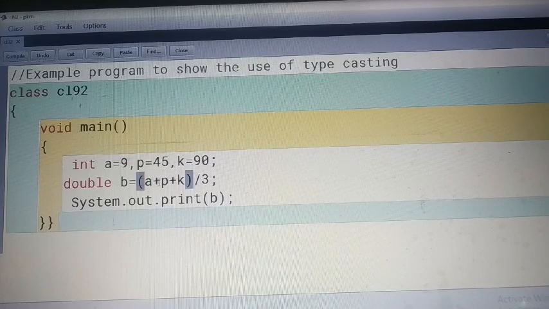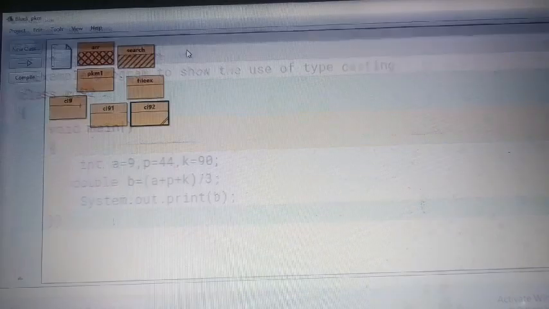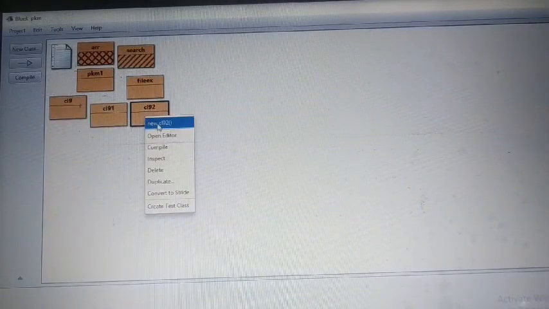This is integer, this is integer, this is integer, and this is also integer. So whatever result will come, that will be in integer form. So let's see, is it coming? We will change a little bit value. Suppose we are changing 4. So let's see what result is going to come.